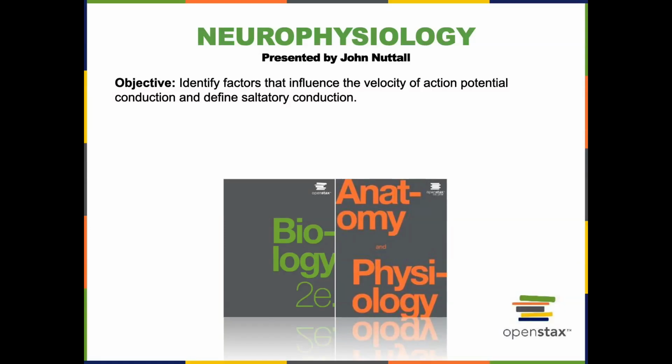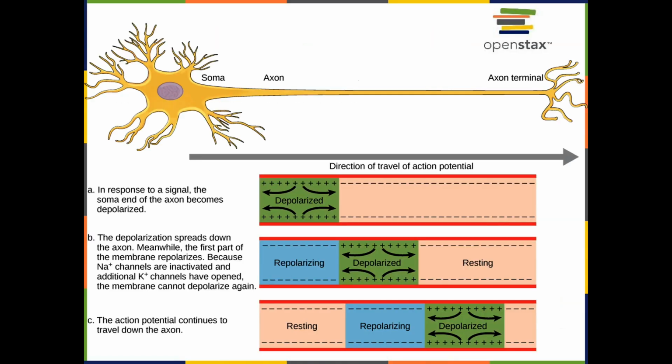In this video, I will identify factors that influence the velocity of action potential conduction and define saltatory conduction. The action potential is an all-or-nothing response generated at the axon hillock that will spread down the axon to the axon terminals. So the magnitude of an action potential is a constant with a rapid depolarization during the rising phase